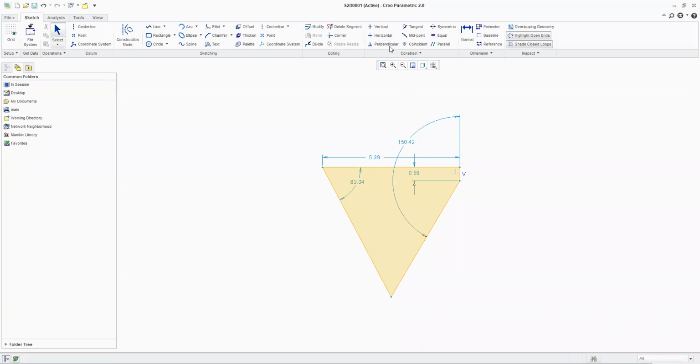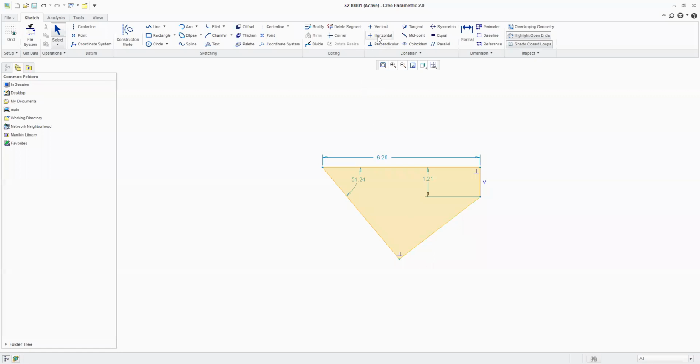I am coming on perpendicular, clicking on this object, then clicking on the object it should be perpendicular to. Understood? Now you will notice that this object has been made perpendicular with respect to this object.